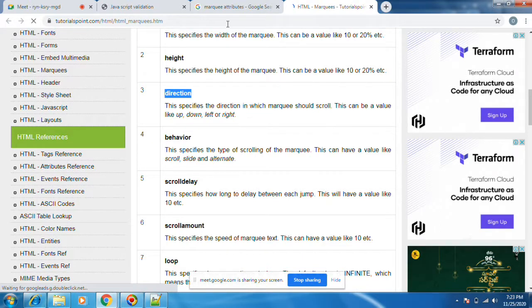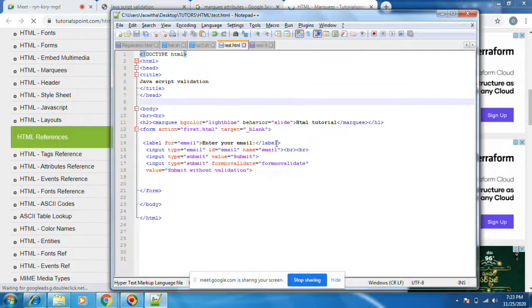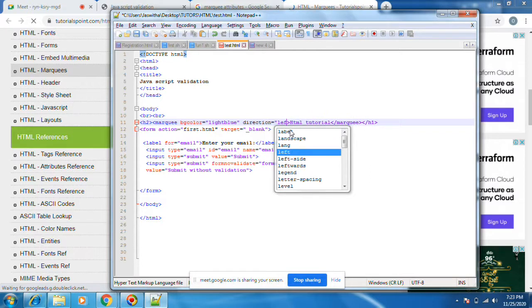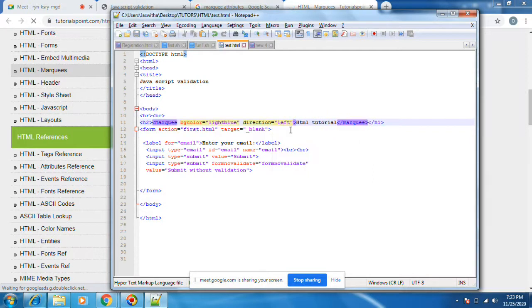Right now, left to right it is going. Let's see how it works.